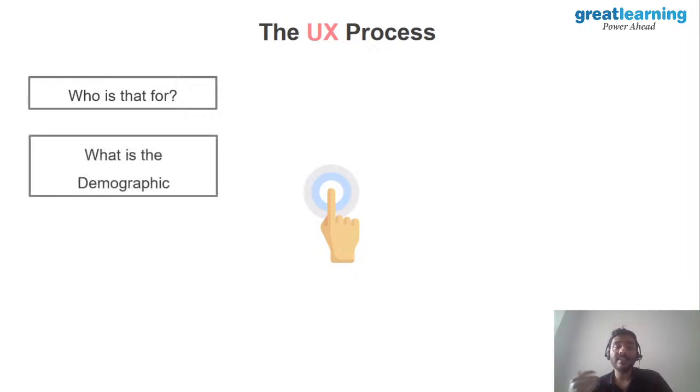Okay, so let's answer the next question. What is the demographic? When we answer who is this for, and then we move on to what is the demographic, we are going into a little bit more detail. Like there are sports enthusiasts, right, who already like sports and want to talk more about it. So you dive deeper into that user group and you start dividing them. Which country are they from? What are their likes? What is their age group? Are these people from age 25 to 30 or age 18 to 25? And what is their ethnicity? What is the culture? All of those things are decided in what is this demographic.